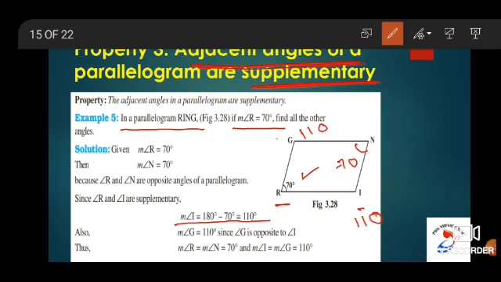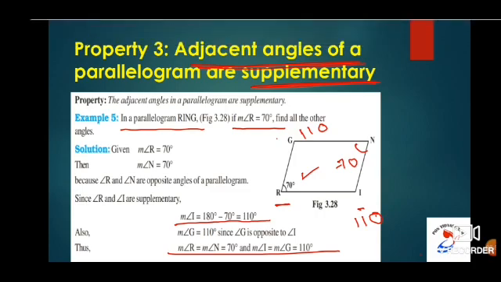So if you add all the four, you know the angle sum property of a parallelogram is 360 degrees. Yes or no? So sum up everything and see, 70 plus 110 plus 110 plus 70 will give you the result as 360 degrees. By looking at this example, two properties of a parallelogram should be clear: opposite angles of a parallelogram are equal and adjacent angles of a parallelogram are supplementary. And one more thing, the angle sum property of a parallelogram is 360 degrees. That is, the angle sum property of any quadrilateral is 360 degrees.